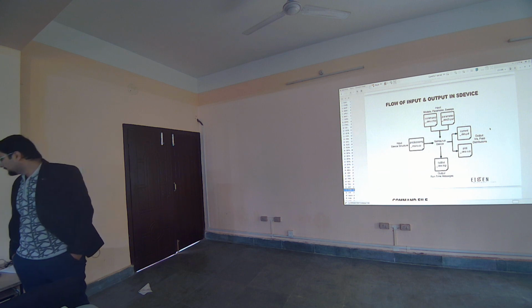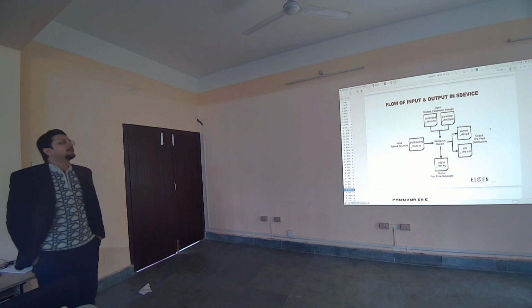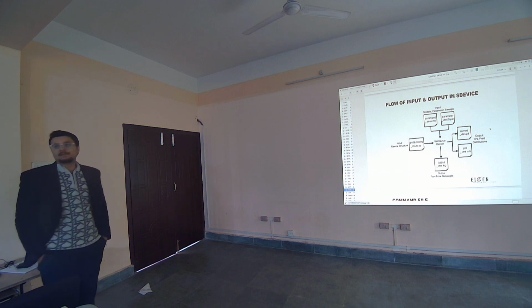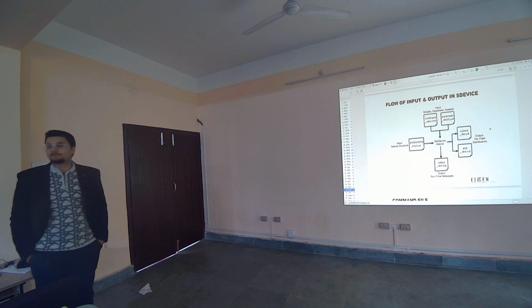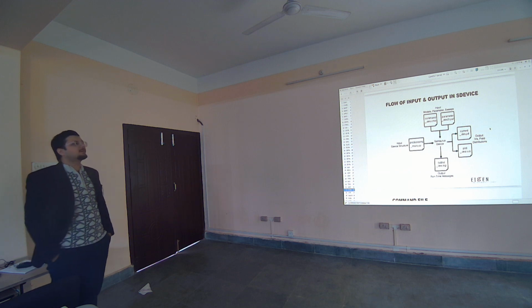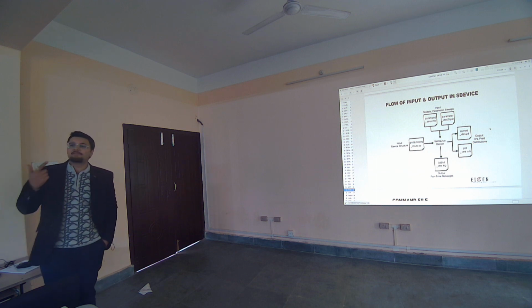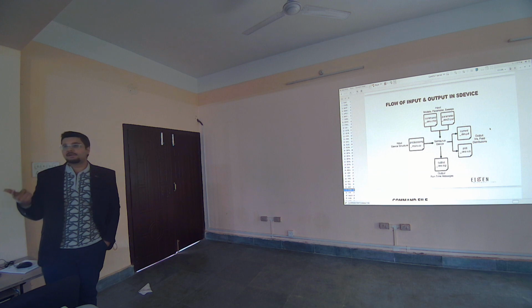This is the flow of inputs and outputs in S device. Now S device needs two to three things basically as an input, then it will produce some output for you. The first thing that Centaurus device needs is the geometry. Now where we have created geometry, either we have created it through